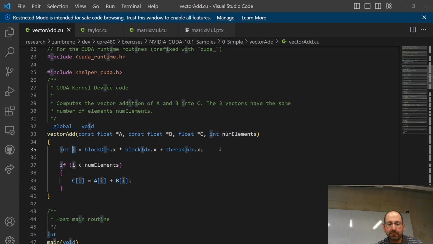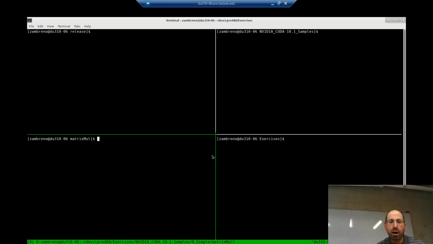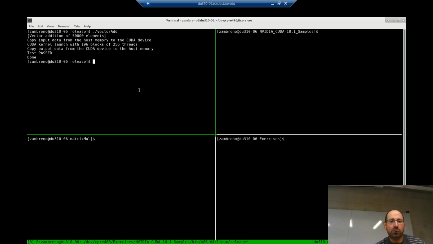Consequently, each thread is executing the same exact code, but the only difference is the value of i. So they're each taking one element in that array and just adding A and B and calculating C. Probably not going to be faster than doing it in hardware or in regular software, because there is some overhead in launching all those threads and collecting all those threads, and we're only doing 50,000 pieces of work. But at least this shows that it actually calculated and got the correct result at the end of the day. So please come back on Thursday, and when we do so, we'll work on some kernels ourselves.